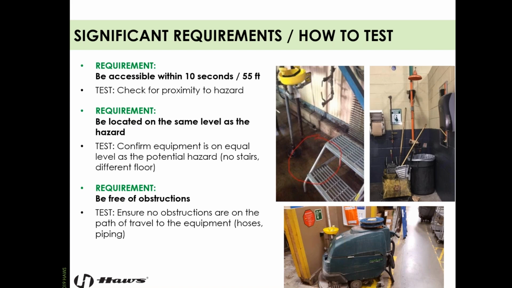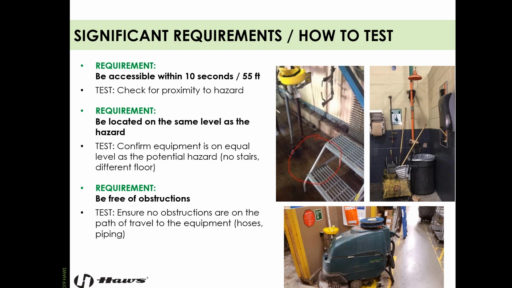Okay, to start, first and foremost, the equipment needs to be within 10 seconds or 55 feet from the hazard. It needs to be immediately accessible. Any further than that, and you really start to push it when it comes to your ability to recover and to the amount of damage that could potentially be caused by whatever it is that you've been exposed to, the hazardous substance. So if it was a corrosive or a caustic or even just dust in your eye, the longer you leave that in, with your eyeball moving around, the more likely it is that you're going to cause permanent damage. So this is a maximum